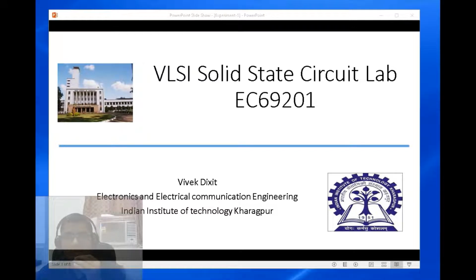Welcome to the introductory lab session for the VLSI solid state circuit lab. Today we are going to discuss the course content, what you will do in these lab sessions, what the objective will be, how you will prepare the reports, and when you come back here, how you will deal with different devices, different ICs that you will use to conduct the experiment.